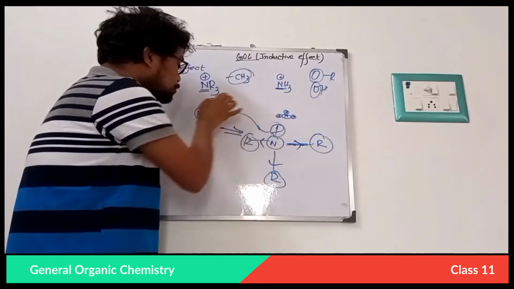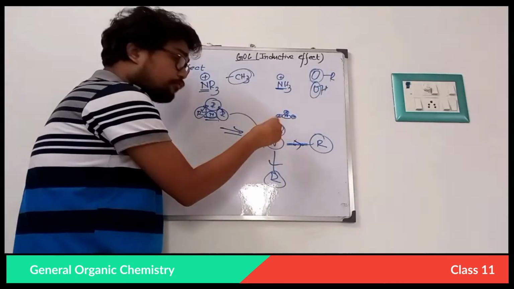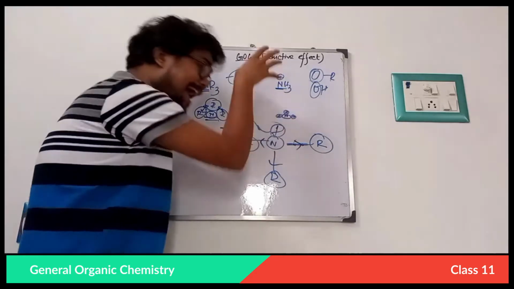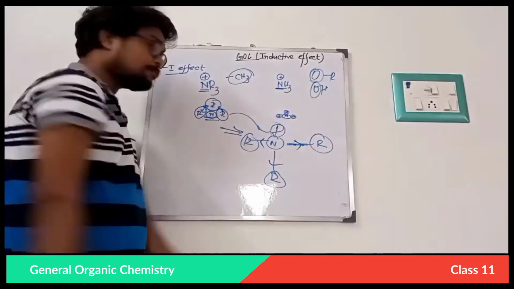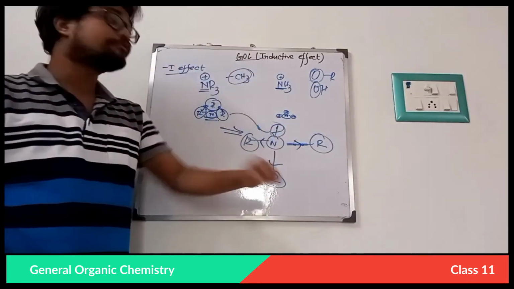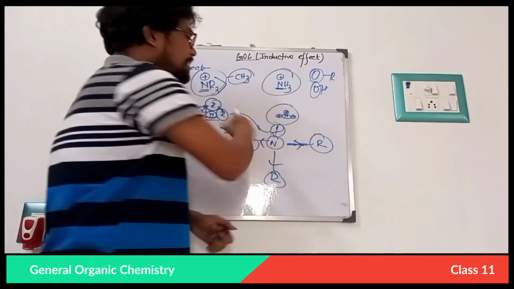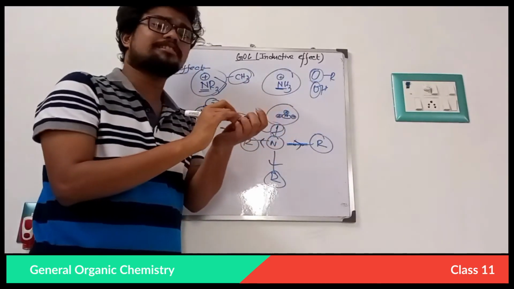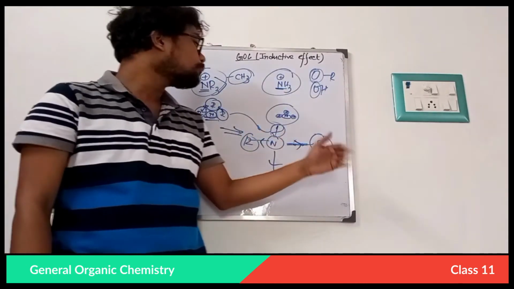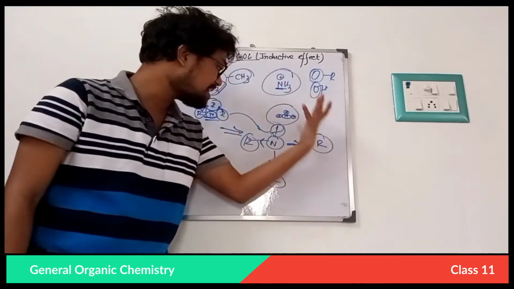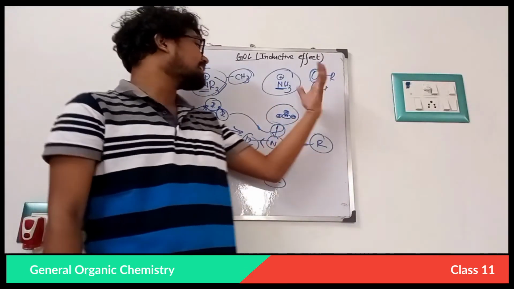Due to the repulsion between the three R groups, the R groups go far away from the nitrogen group, and also the electron density goes far away from the nitrogen group, so that nitrogen becomes electron deficient. That is why NR3+ has more minus I effect than NH3. There are no such phenomena in the case of NH3. There is no repulsion, no collision takes place, so there is no exception in NH3, and NR3+ will show more minus I effect than NH3.